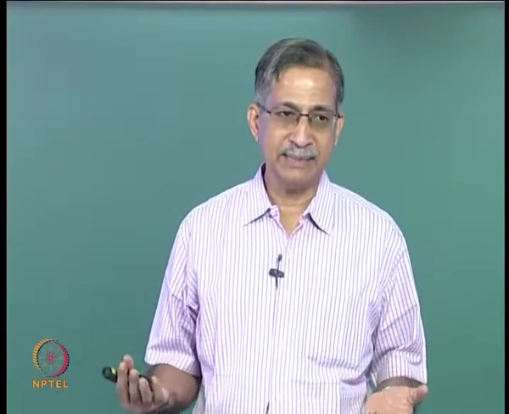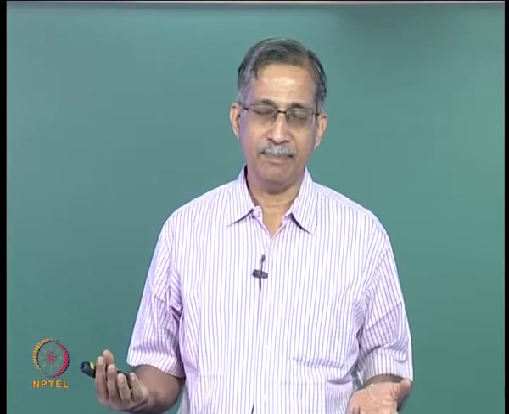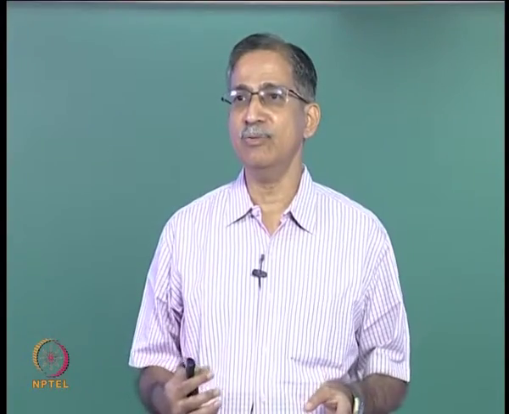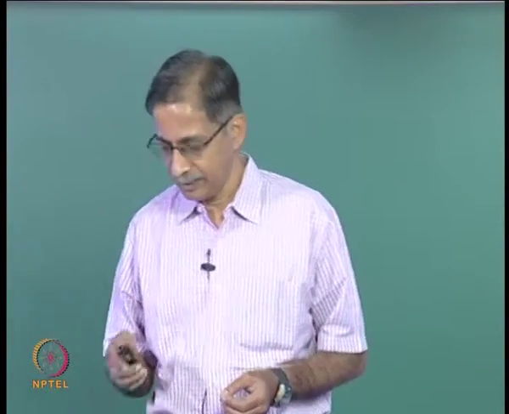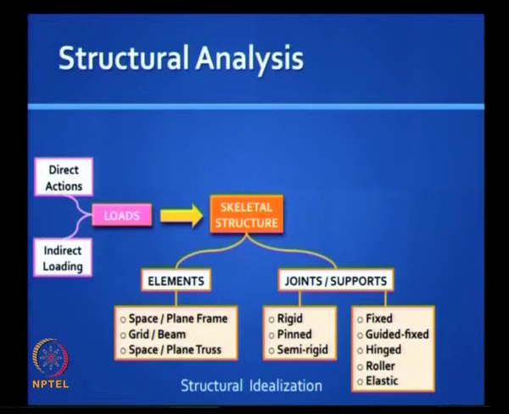identify them correctly, and there are different types. The most generic is the elastic, and when you restrain movements you can make it fixed or guided fixed or hinged or roller. On this structure we apply loads, and the loads are of 2 types: direct actions, which you indicate with those arrow marks, or you can have indirect loads, and there are 3 types as we discussed. You have support settlements, you could have construction errors, you could have environmental changes,